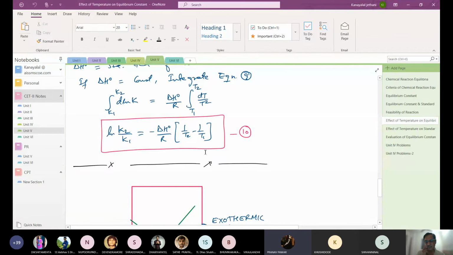माइनस-माइनस कैंसिल हो जाएगी। डेल्टा एच इज माइनस ना, तो ये पॉजिटिव हो गया ऑलरेडी यहाँ पर। माइनस डेल्टा एच है ना, हाँ। पॉजिटिव हो गया, और ये टर्म नेगेटिव है। 1/T2 माइनस 1/T1, हाँ सर। गॉट इट सर। डेल्टा एच की वैल्यू भी माइनस है ना, इसलिए ये ध्यान रखना। हाँ, यस यस यस, सॉरी सर।